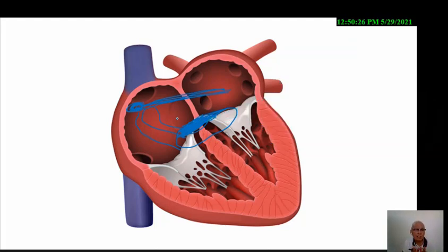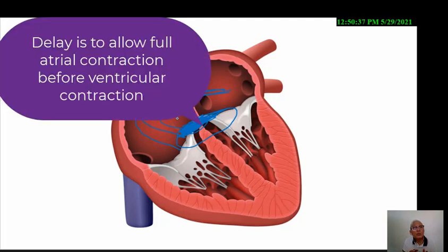Why is there an AV delay of the movement of electrical current once it arrives in the AV node? Well, God created this delay in order to ensure that atrial contraction finishes before ventricular contraction. As you could see, the atria and the ventricles do not contract at the same time. God created two pumps for our heart so that while the atria is contracting, the ventricles are going to be relaxed in order to receive the volume that the atria is introducing. So this delay of electrical impulse in the AV node ensures, therefore, that there's going to be complete atrial emptying